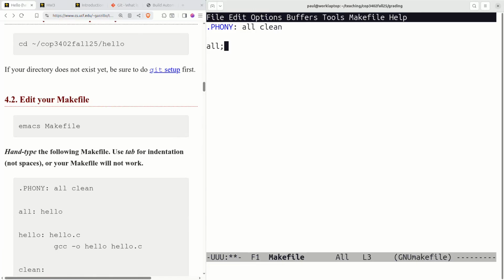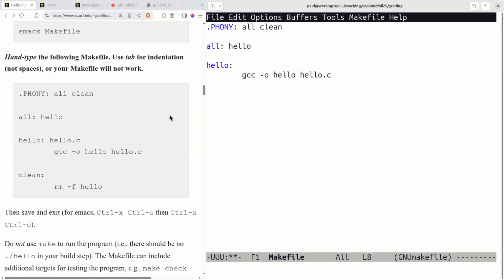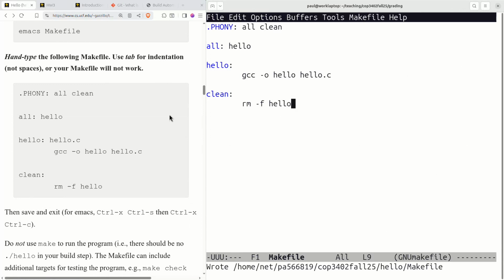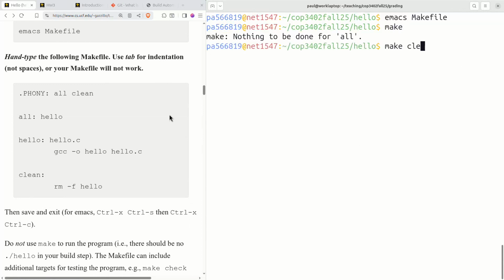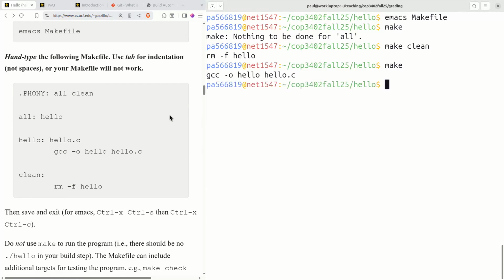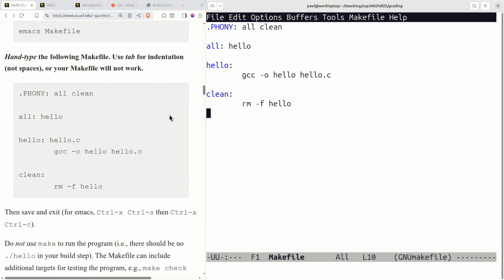All right, so let me quickly write out this. And one wrinkle here is that these look like spaces for indents, but they have to be tab. This is a very kind of archaic thing, but they have to be a tab character. So if you encounter an error, let me run this makefile. So this is what it should look like. It should just run GCC. But if you accidentally use spaces,